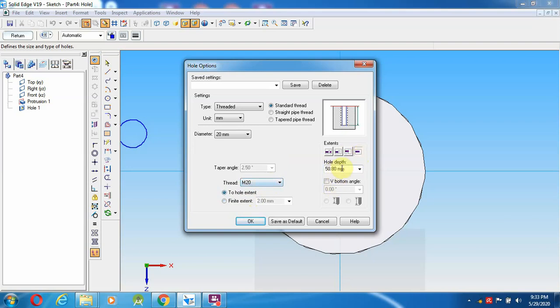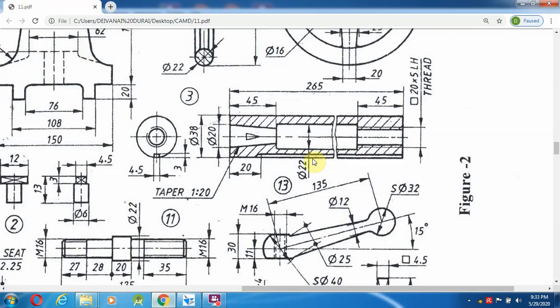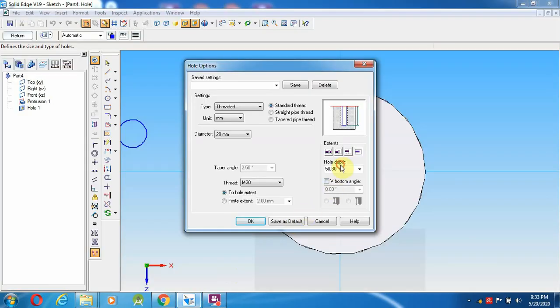Then select the finite extent up to 45 mm length and 20 mm diameter, and there is no requirement of V bottom angle.